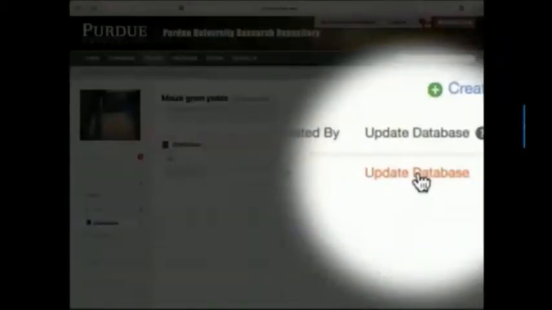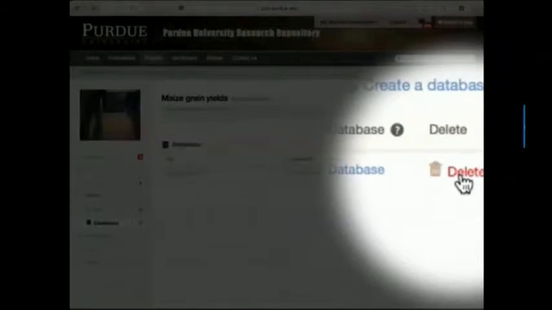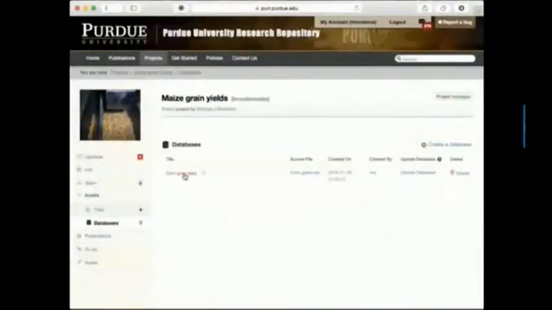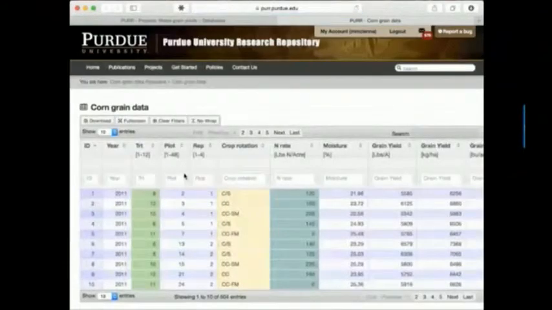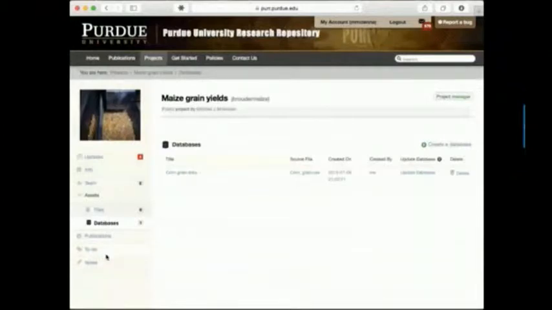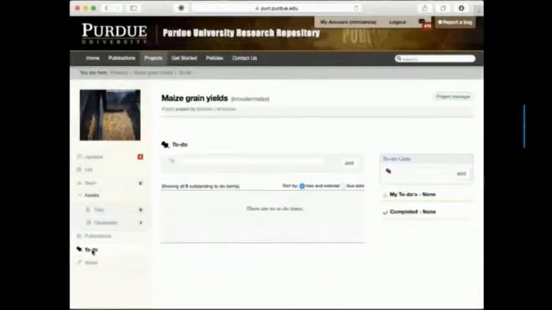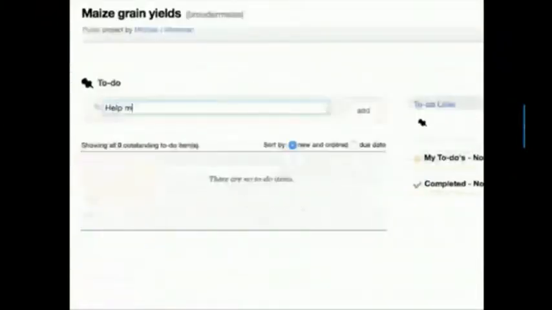You can click Update Database if you want to reload the latest data from the CSV, or if anybody wants to access it, you just click that link, and it brings up, again, the latest version of that live interactive database. Now, eventually, we're going to publish that as a digital asset with a digital object identifier that anybody can access. But for now, we got a lot of work to do.